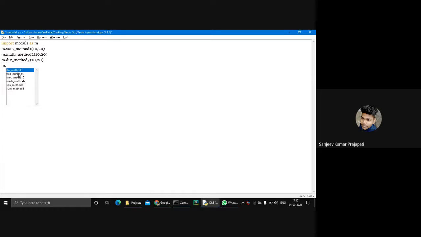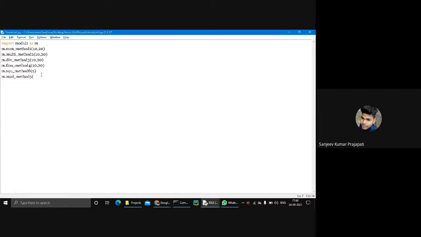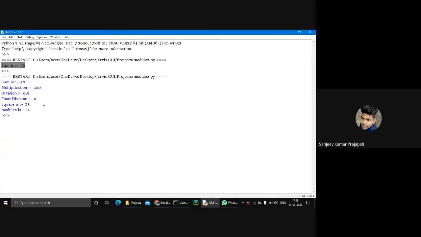Now float division, okay, float division, 10 comma 20, and again the square method, pass 5, and m dot, last is the fifth one, mod. 10 comma 5, press F5 and we successfully printed my results.